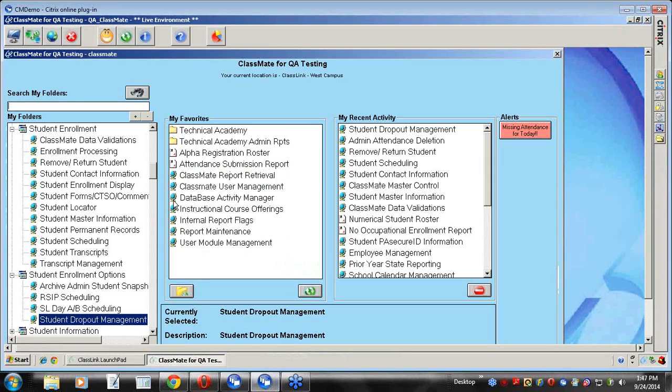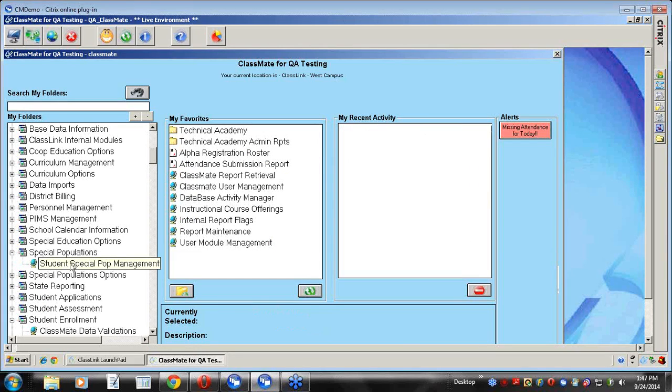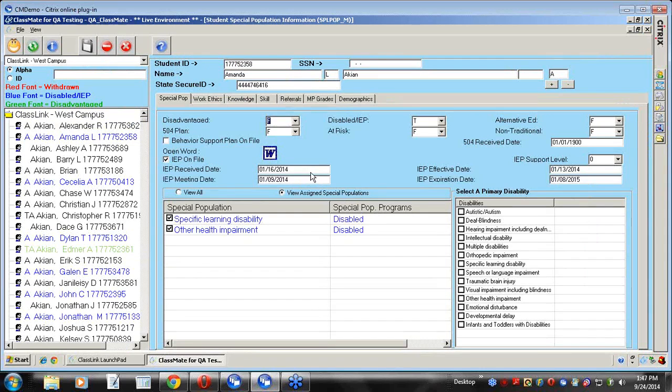So to do all that data entry, you will go to the Special Populations folder, into the Student Special Pops Management. You choose a student. You will mark whether they're disadvantaged. True, if they're free or reduced lunch, they fall under disadvantaged. Disabled with an IEP. Do they have a 504 plan? You identify it here. Are they alternative ed? Are they non-traditional? Are they at risk? Then,